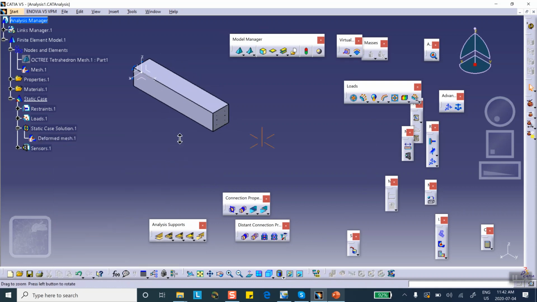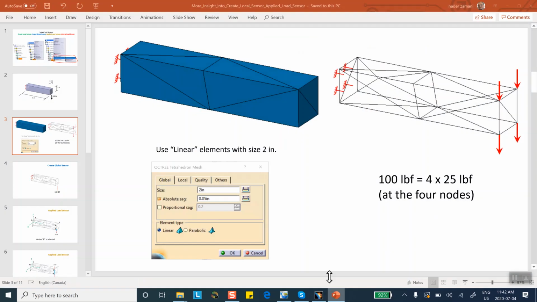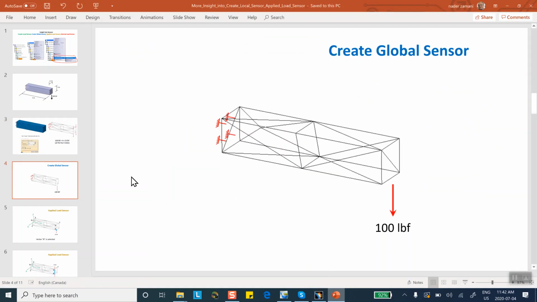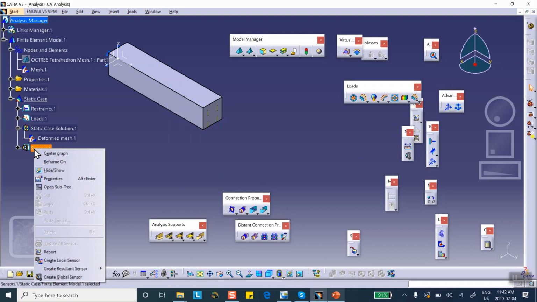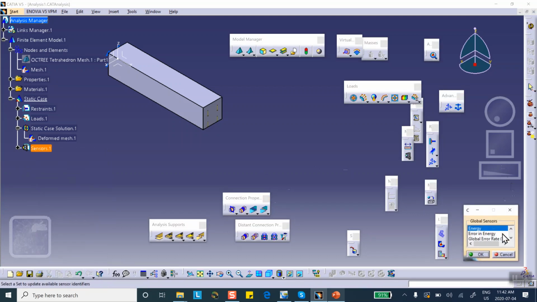Okay, now the order that I'm going to do these things, I'm going to follow the order in my slides. First of all, global sensor. What does it mean when you create a global sensor? Well, a global sensor is a single number which reflects this entire structure. For example, you put the cursor here. You say create global sensor, and it says, okay, what do you want actually to be recorded? What do you want to be kept track of and recorded in your tree? Well, for example, I may want maximum displacement,